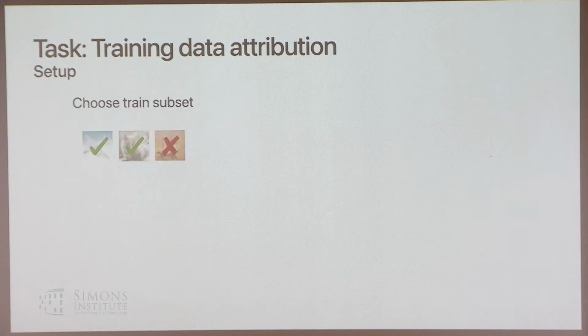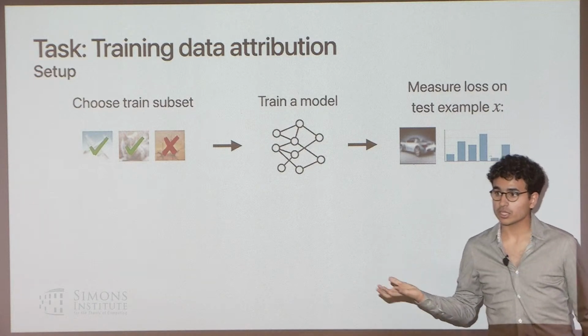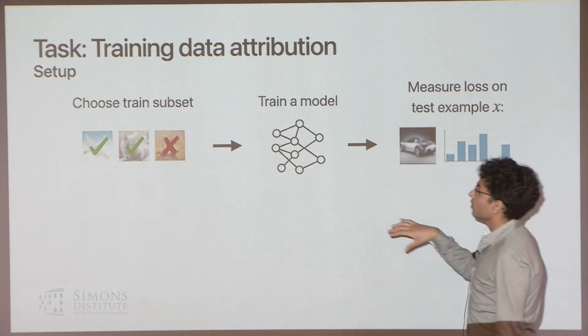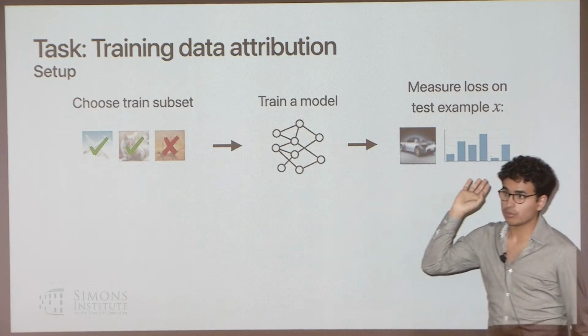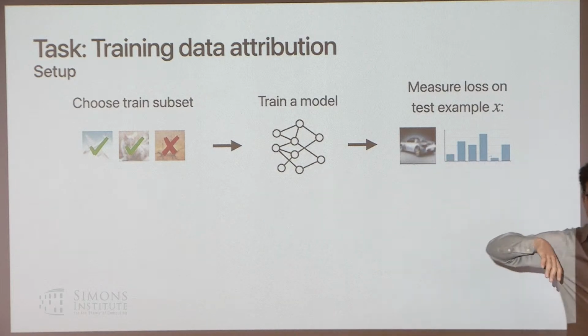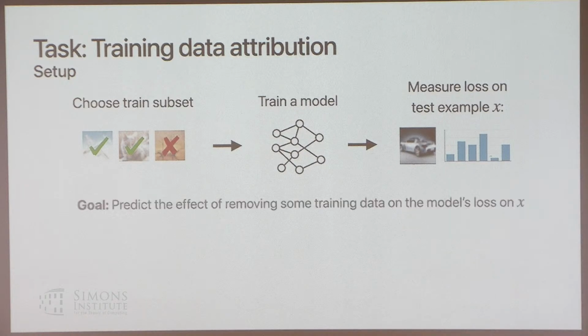Okay. Just to say what this looks like concretely, hopefully this slide looks familiar from a little earlier. But we're now going to look at the prediction counterpart of data selection. So now instead of picking a training data set to minimize some loss function, I'm going to pick a training data set, train a model, and see what happens to a specific test example. My goal is going to be to predict the effect of dropping some of these training samples on my model's prediction on this test example.